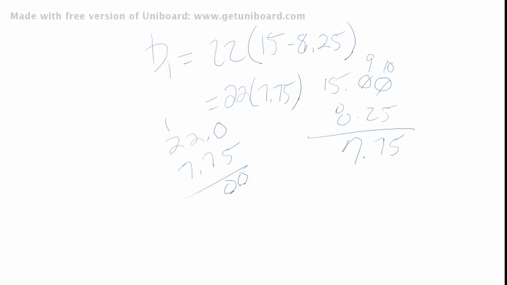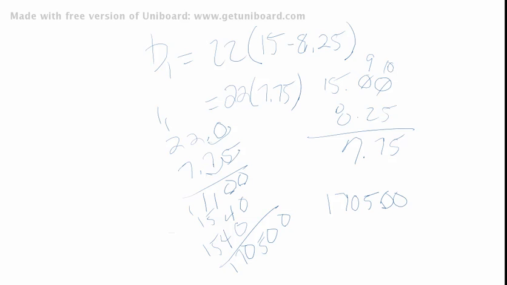Adding all that together, we have 17050, and we have three decimal places, so the distance, all total,